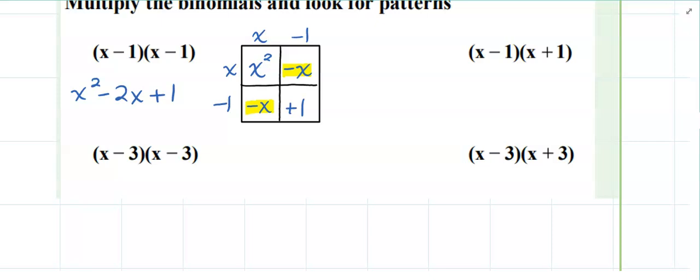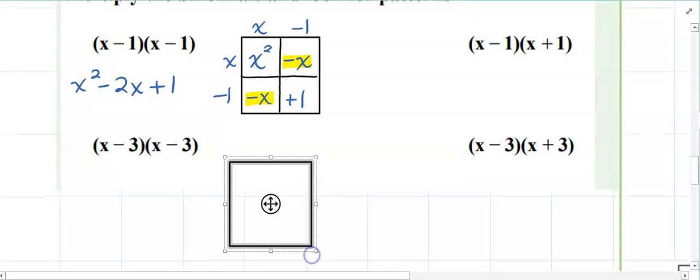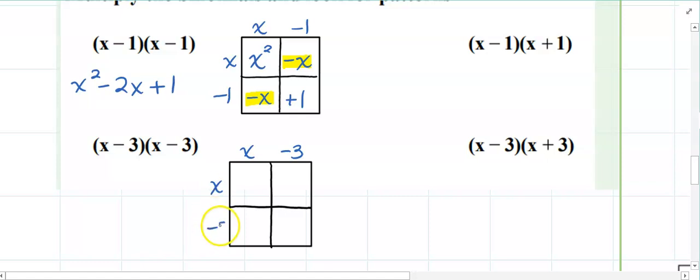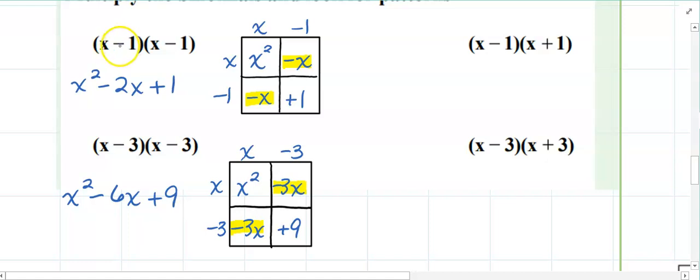The next one, if I box the next one, draw my box, x minus 3, x minus 3. That gives me x squared minus 3x plus 9. Again, the terms with an x combine, and my answer is x squared minus 6x plus 9. So you might be noticing a pattern that when both of our binomial factors are identical and we square them,